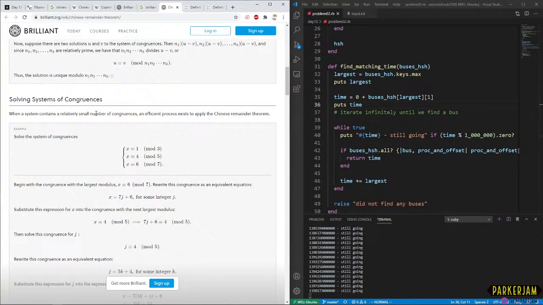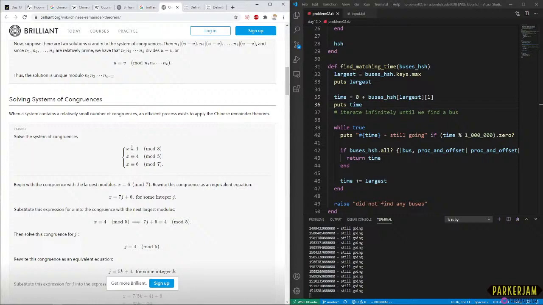When a system contains a relatively small number of congruences, an effective process exists to apply the Chinese remainder theorem. I'm not sure if I'm familiar with this operator actually.